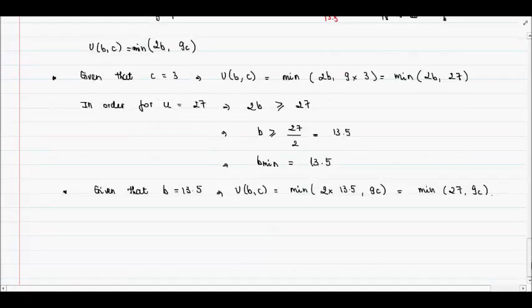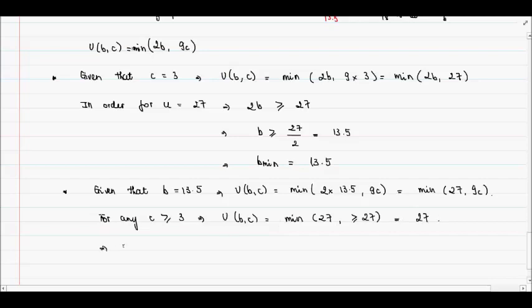So as you can see, for any values of C that is bigger than 3, we are going to be on the same indifferent curve at the utility level of 27. For any C bigger or equal to 3, the utility is going to be equal to the minimum between 27 and something bigger or equal to 27,